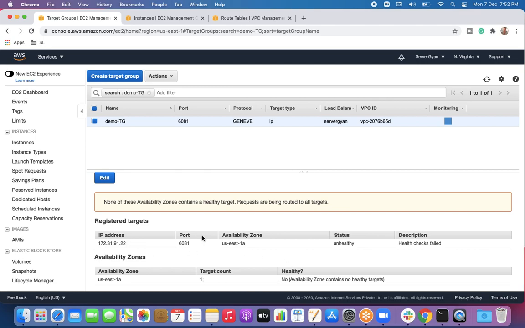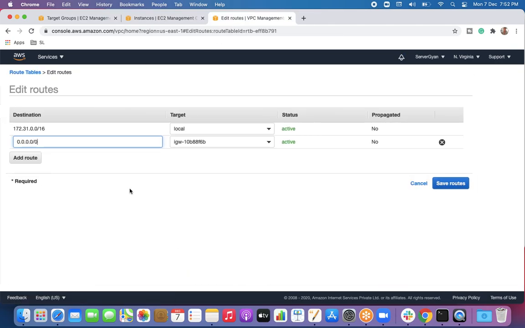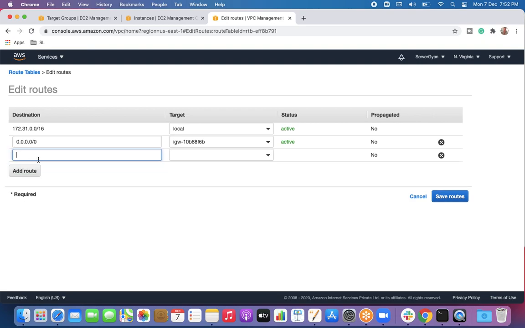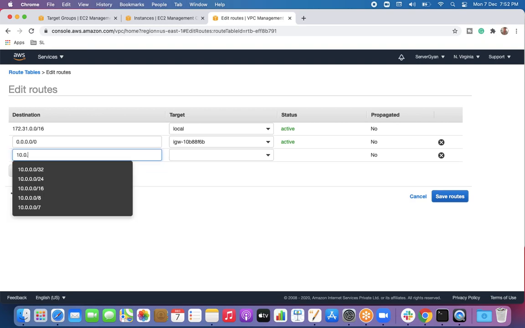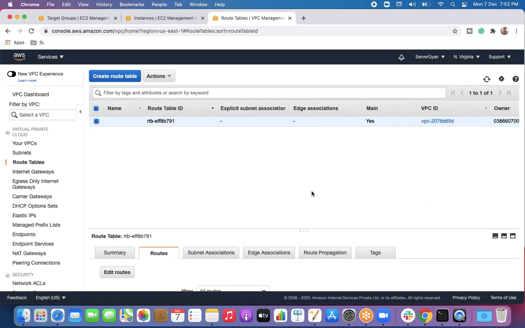This is not healthy, reason being, oh, this is not healthy. That is why it is not populating there. Reason being, this particular port number is not available on that instance. Otherwise, once I go here and edit it, I shall be able to perform the practical here, like 10.0.0.0/8. This is how we are going to work with that. And we can select gateway load balancer as endpoint. Once that becomes healthy, we will be allowed to save it.